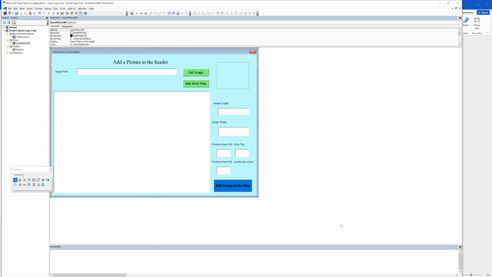Hello everyone. In our tutorial today, we will continue our series of creating a tool to insert a logo in multiple files. Last time we worked on improving the user interface, and we made a lot of changes to the form. One of these changes is that we added colors to buttons, and we added an additional text box that will